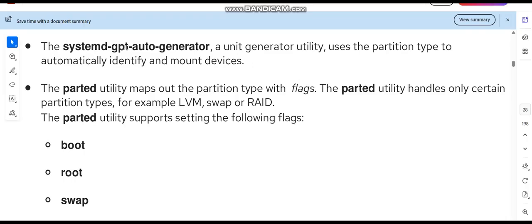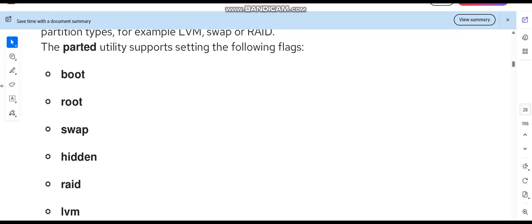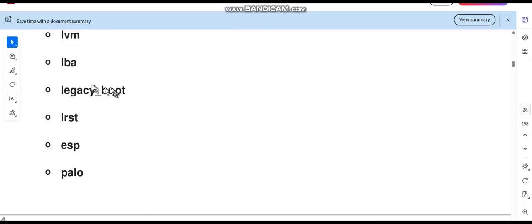systemd-gpt-auto-generator, a unit generator utility, uses the partition type to automatically identify and mount devices. The parted utility maps out the partition type with flags. The parted utility handles only certain partition types, for example, LVM, swap, or RAID. The parted utility supports setting the following flags: boot, root, swap, hidden, RAID, LVM, LBA, legacy_boot, irst, ESP,